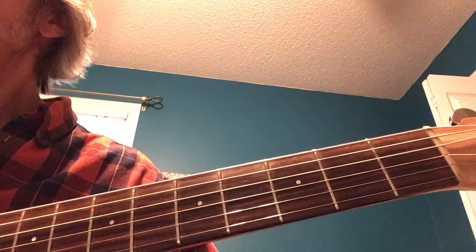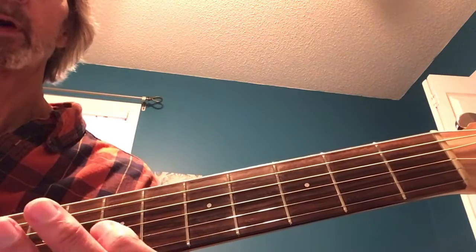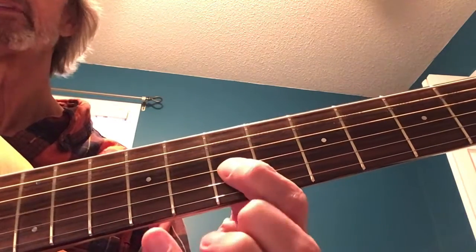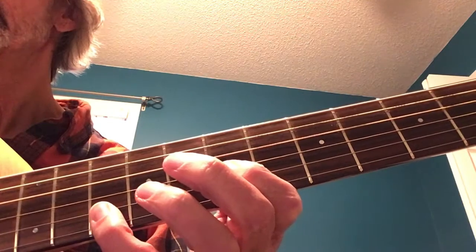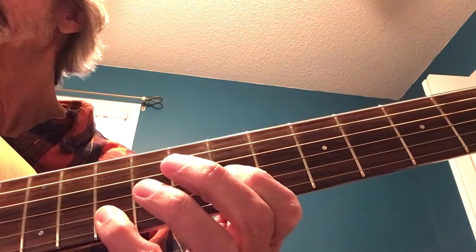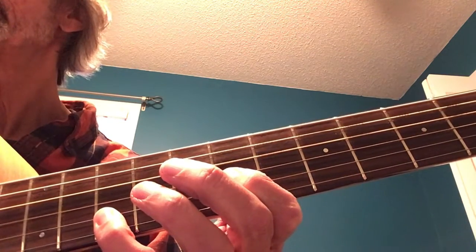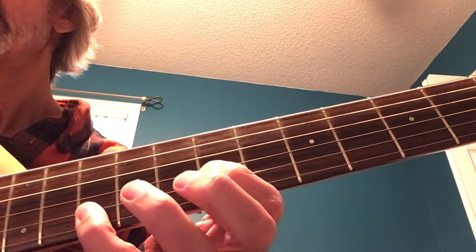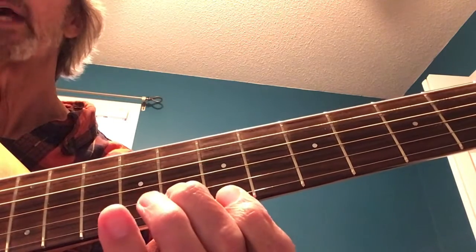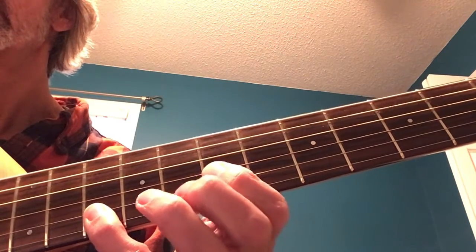Now, when we get down to the 4th line, we have the same intro, except now we're going to play it an octave higher. So what I have there is the open D, the 7th fret, and the 10th fret. So I'm playing that, then just playing the 10th fret, playing all three again, 10th fret, and then I'm going to the open G, the 8th fret, and the 7th fret. So you can see that happens pretty easily. We're going from here to there,